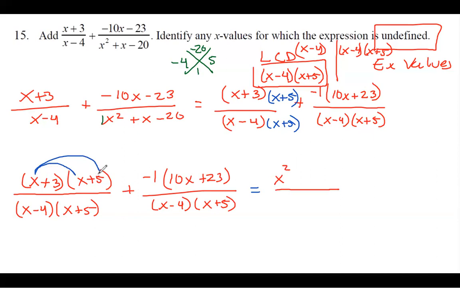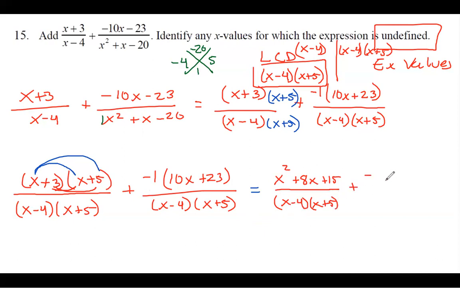X times 5 is 5x. And then 3 times x is 3x, plus 5x is plus 8x. And the last two numbers that we have to multiply are 3 and 5, which is 15. We're left with our beautiful denominator, x minus 4, x plus 5,